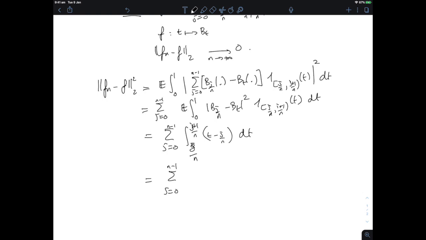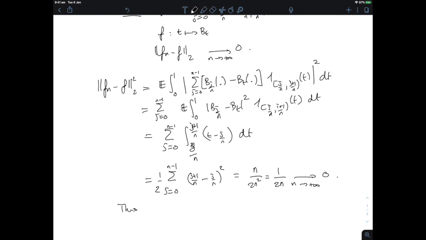And now this is a standard Riemann integral, which I can compute. And what do I get? I get ((j+1)/n minus j/n) squared times 1/2, and this is equal to 1/(2n^2). So I get 1 upon 2n squared, and I'm summing that. This sum is over n terms. So I get n divided by 2n squared, which is 1 upon 2n. And the point is, well, this nicely goes to 0 as n goes to infinity. Okay, so f_n